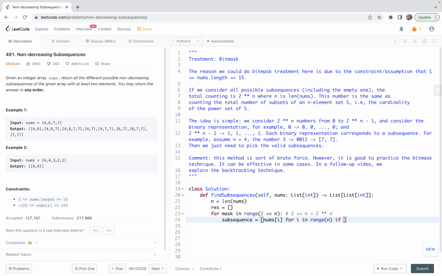So we want to make a filter. That is, let's check this ith bit position. So we shift to the right i units, which corresponds to integer division with divisor 2 to the power i. Then we check if it's a 1. If it's a 1, we are going to pick the element in the corresponding position in the nums list. So with that done, let's get the length of this subsequence,